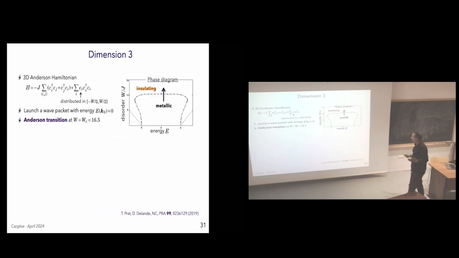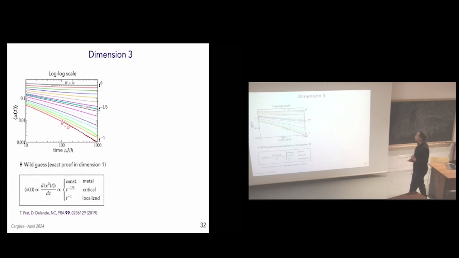I will not talk about this, and this is just to say that you can also study it in dimension 3 across the transition, and across the transition you have the very interesting situation that you push the wave packet and the boomerang effect only exists in the localized phase and also at the critical point. But if you are diffusive, again, you push your wave packet, it stops at one mean free path, and that's it.